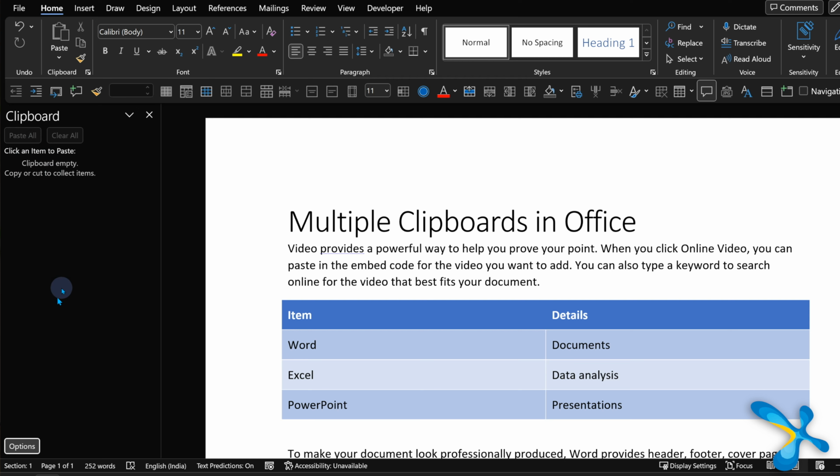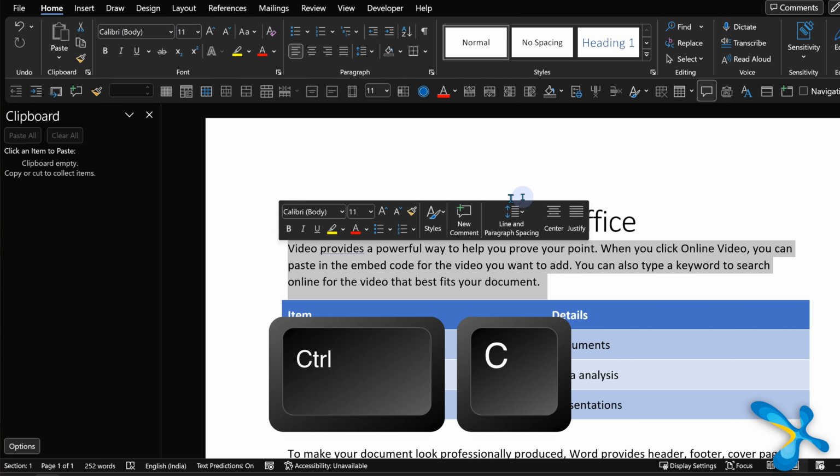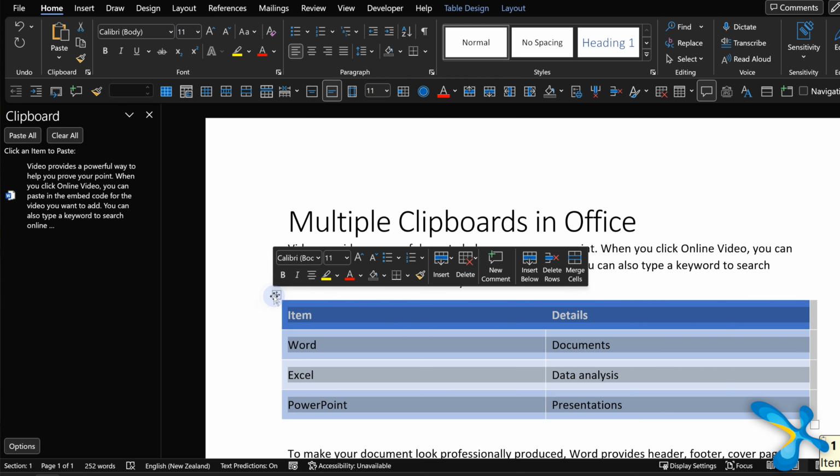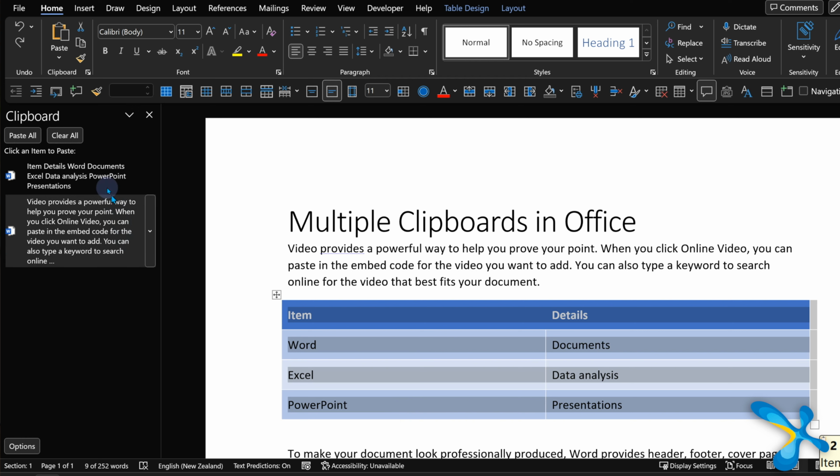A separate window, or actually it's called a pane, opens on the left side, and that shows you whatever is in the clipboard. Right now, I'm going to copy something, it goes into that clipboard. I copy something else, it doesn't overwrite the original one, it adds there. So like that you can have up to 24.